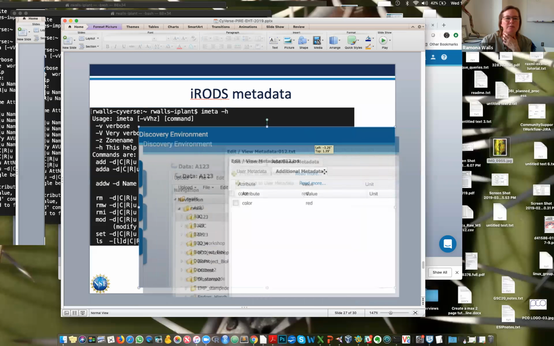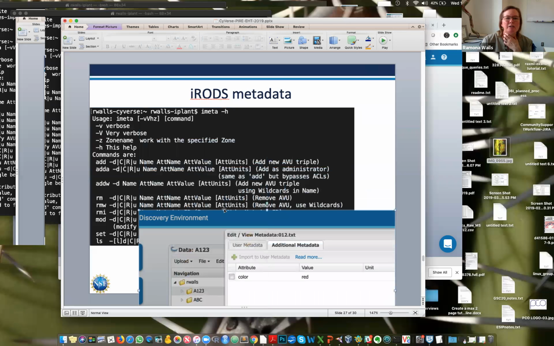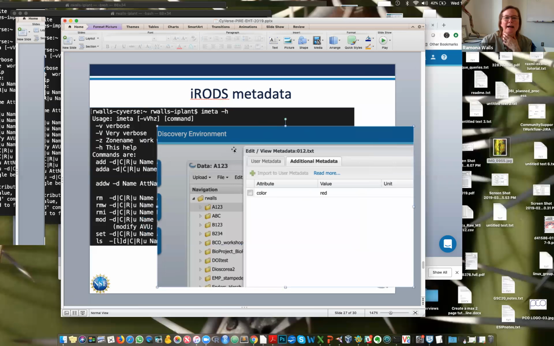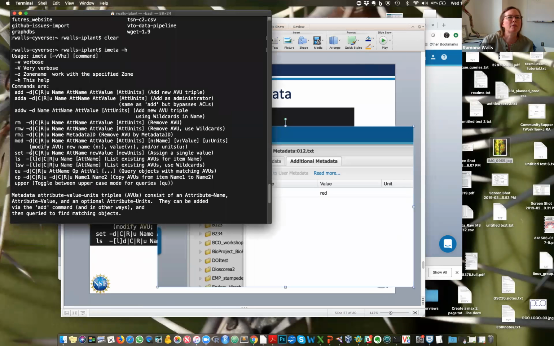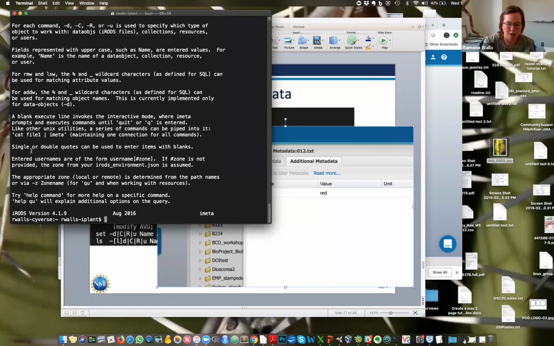I can actually bring this to the front, and I didn't copy it. So basically I wanted to add this attribute where the color was red to a file that was called 012.txt. So let me do the same thing to the file 123.txt. So I'll do imeta add